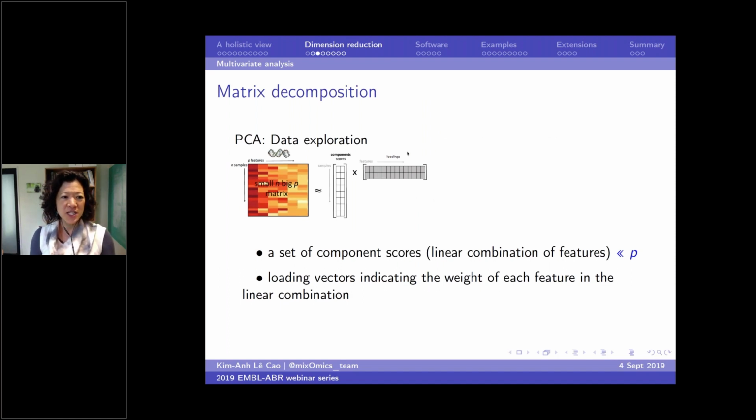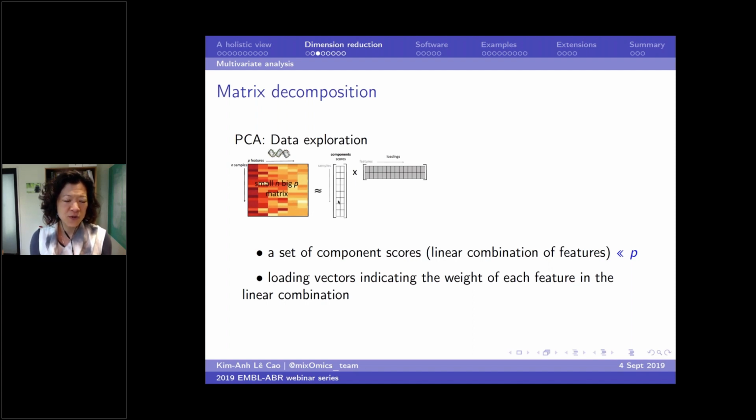So how do we decompose a matrix? Let's assume we have a transcriptomics data set. I have N samples in rows and P features or P genes in columns. So this is my expression data matrix. This data set is very big, and so what I want to do is reduce this data set. I can reduce it by saying that actually I can decompose my matrix into a set